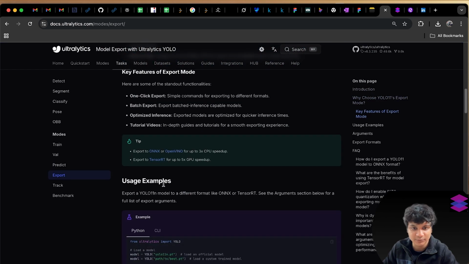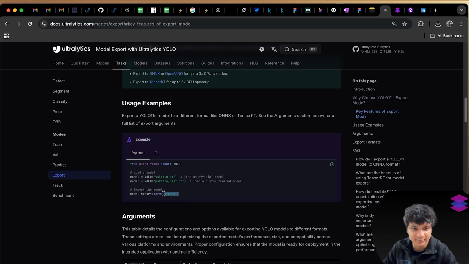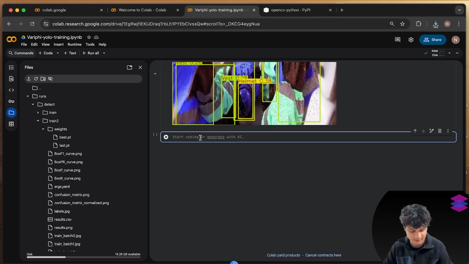Inside the export, what I need to do is just copy this part. That's it, model.export. If I write it here, model.export, that is basically ONNX, which is a universal way of downloading your pre-trained model. The pre-trained model may have a lot of extensions. Let's say the .pt extension you have, then let's say the